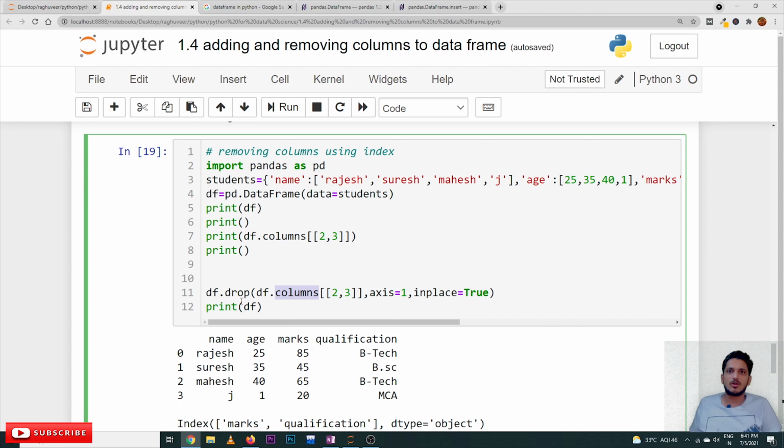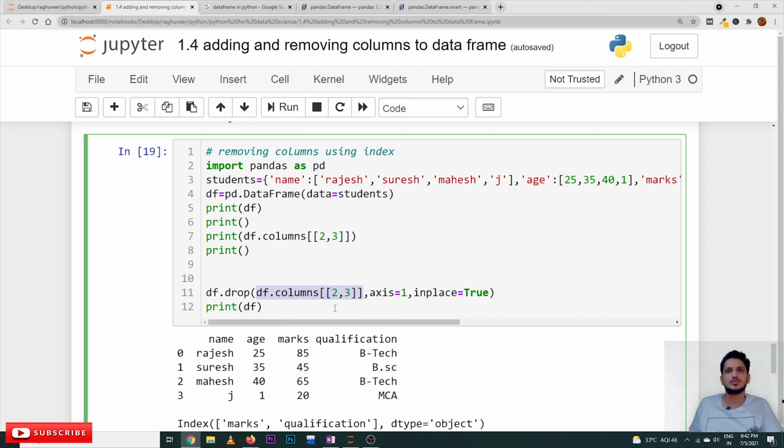In the drop method, in place of the column names, we have mentioned df.columns of 2 comma 3, which will return the column names. So with axis is equal to 1, the names present in the second and third positions will be deleted. The columns that belong to those names are deleted.